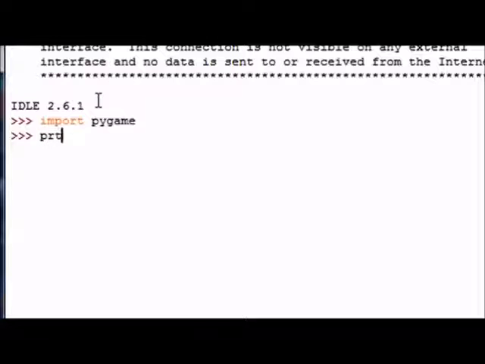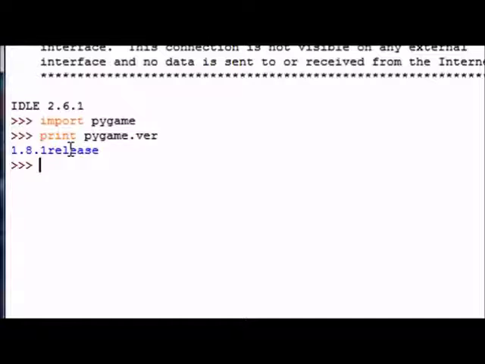Go ahead and print, spell it right, print pygame.ver, and press enter, and if you installed it right, then it shows the version of PyGame that you just downloaded. If nothing pops up or you get an error, that means you didn't download it right. But if you get anything at all, like 1.81 release, then you are good to go